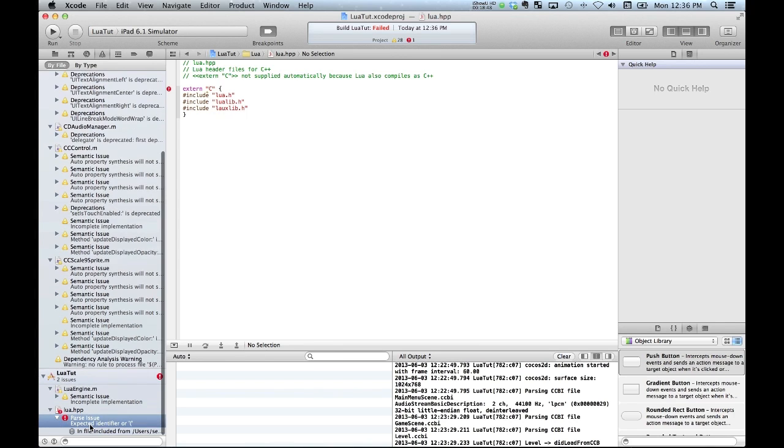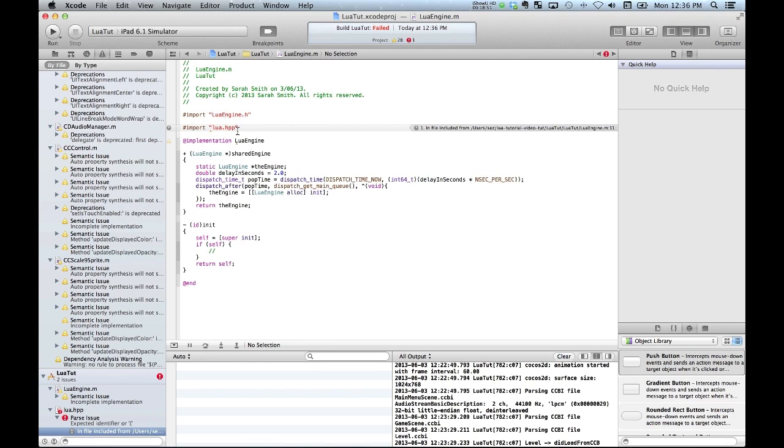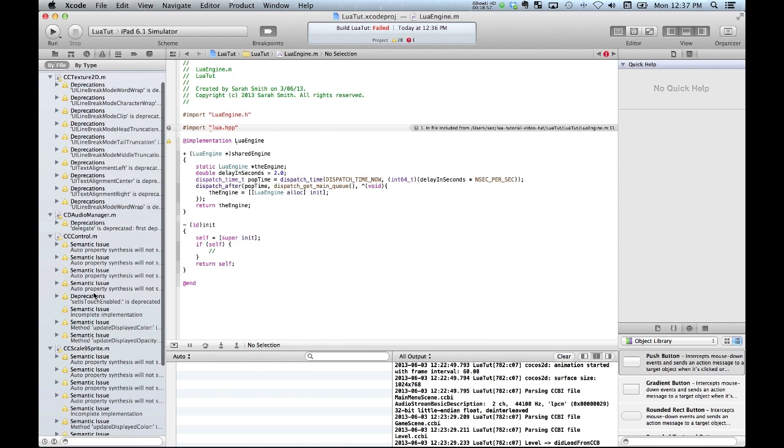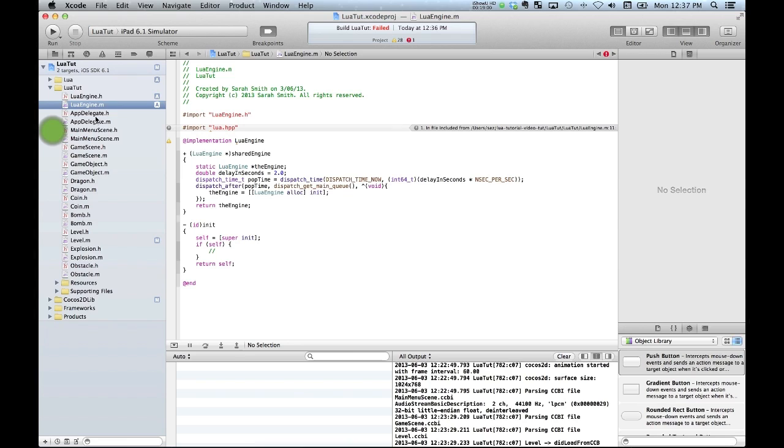And the reason for that is that this file that we're including it from is actually going to be compiled as an Objective-C file. So what we need to do is tell our Xcode compiler that we're going to compile this using C++. And in Xcode that's very simple. We're just going to add the .mm extension, so when Xcode passes it to Clang, Clang will say, hey, this is one of these C++ / Objective-C files, so I'm going to need to run this through something that understands C++. So now that we understand C++, let's just go ahead and